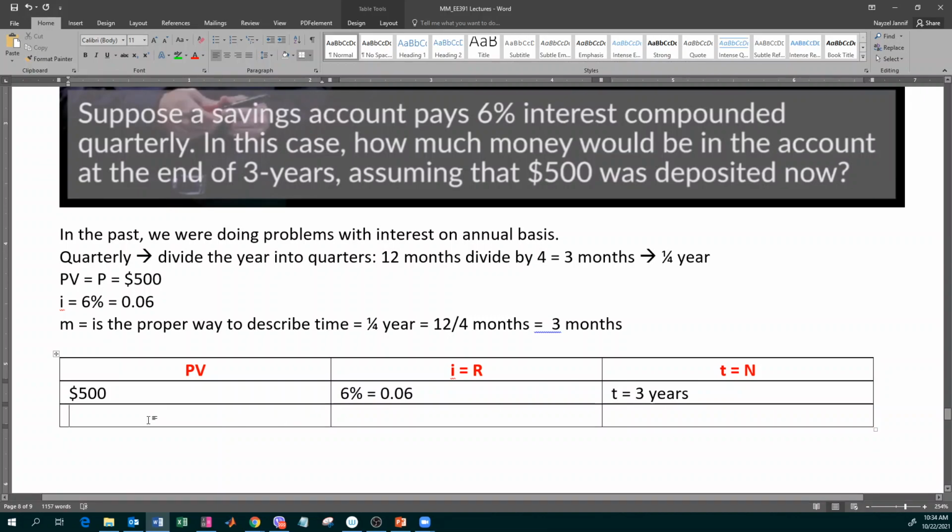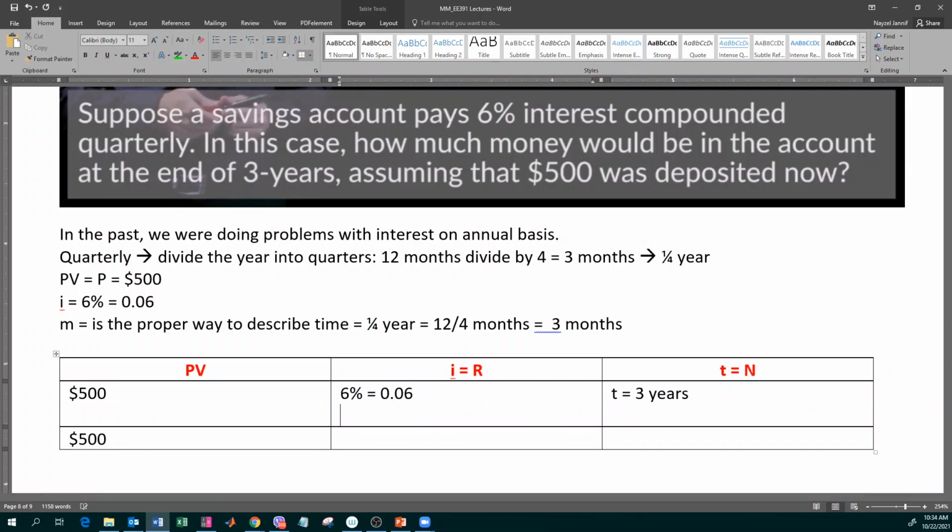Okay, now let's convert it into the new method. $500 will still be $500. Now over here, we've got to note that our compounding period is quarterly. So therefore, our interest rate,